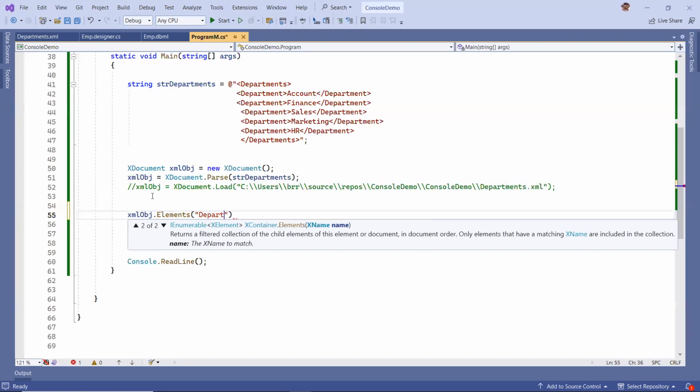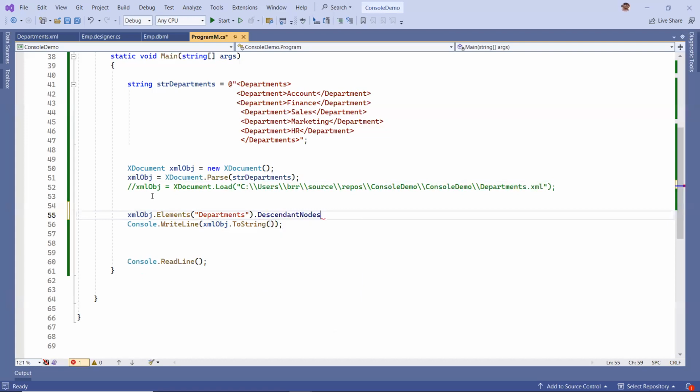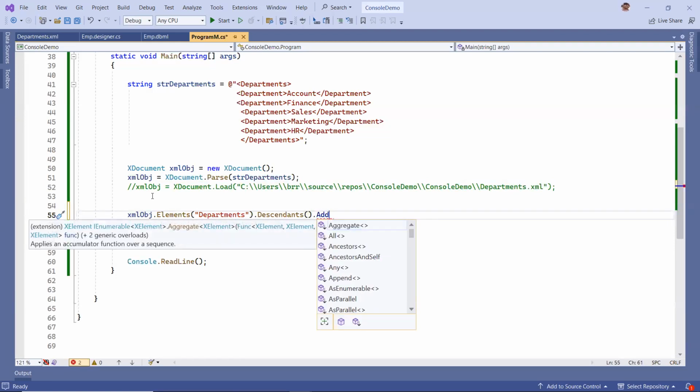Here my parent tag is departments. This is similar to XPath. When I say descendants, it is going to give me the child list. And from here, I can add any node to the element here. That means if you want to add a node here, you can add node